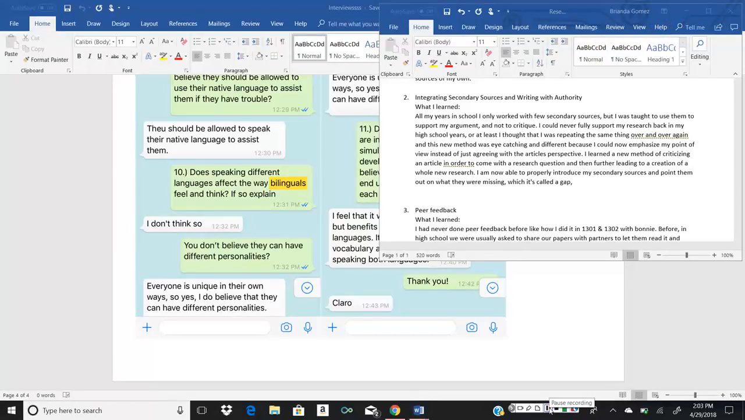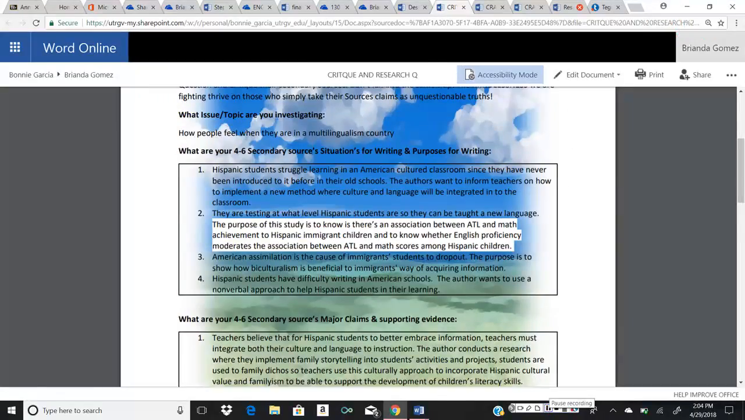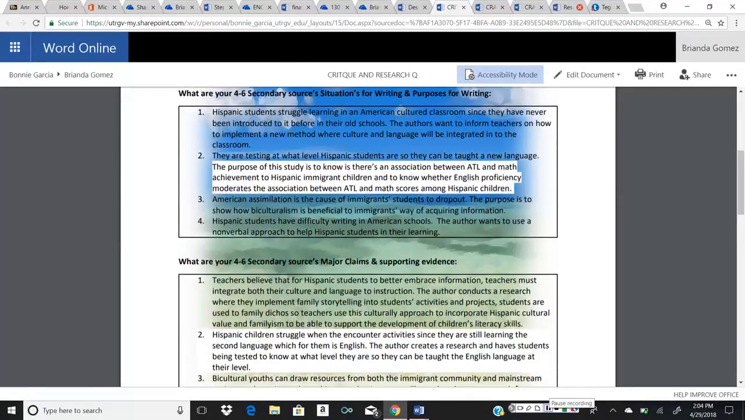And this new method was eye-catching and different because I could never emphasize my point of view instead of just agreeing with the article's perspective. I learned a new method of criticizing an article in order to come up with a research question, further leading to the creation of a whole new research. I'm now able to properly introduce my secondary sources and point out what they're missing, which is called a gap. Here's an example of how